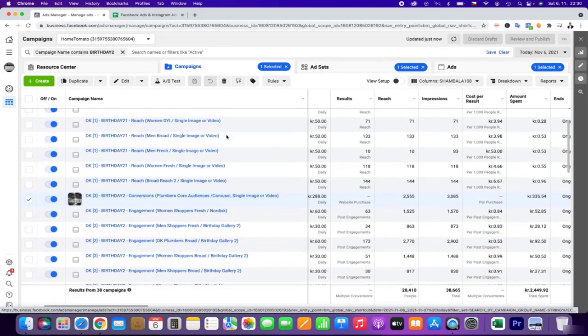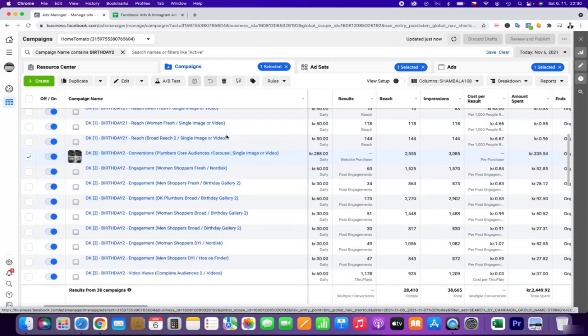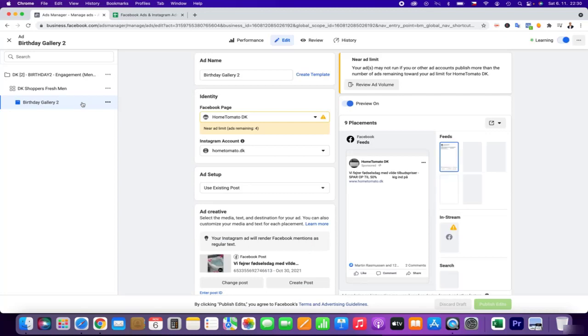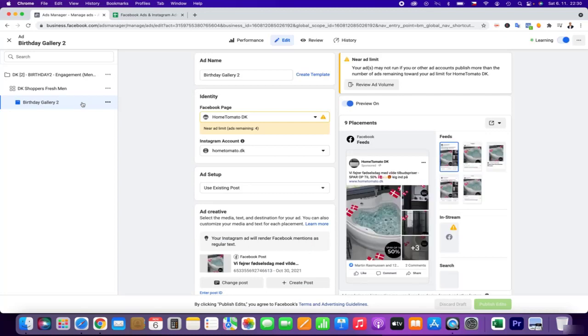Then basically, as you can see, I did a lot of this engagement. Some of the engagements started struggling. So basically I have started using the engagement gallery. That's also around the birthday, so it's quick information that we have a birthday, Black November.